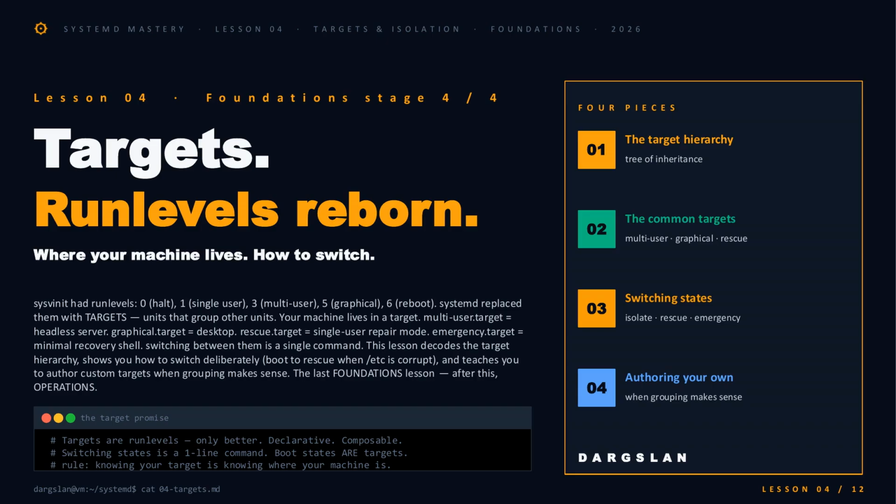Welcome to Lesson 04, the final foundation stage before we move into operations. Today we're talking targets, systemd's declarative reincarnation of the old sysvinit run levels. If you remember 0 through 6, halt, single user, multi-user, graphical, reboot, that knowledge isn't wasted. It's translated. Targets are units that group other units, and your machine always lives inside one. By the end of this lesson, you'll know the hierarchy, the common targets, how to switch between them, and when